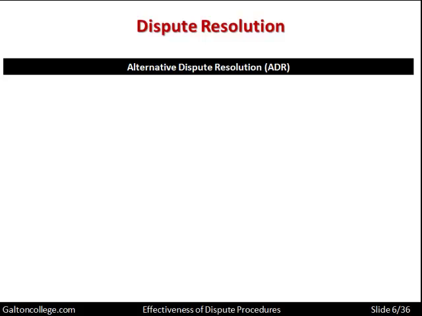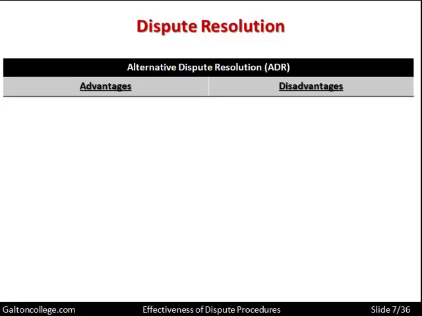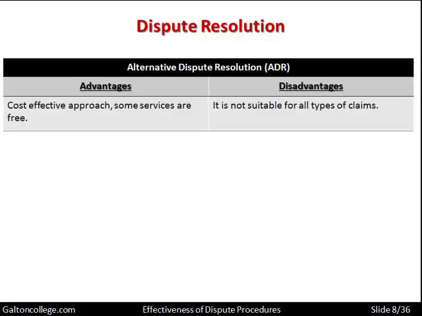Here we want to talk about alternative dispute resolution. Alternative dispute resolution means looking at different ways in which problems can be solved. Some of them are quite innovative in many respects in the context of industrial negotiations, employment negotiations. And each of them, as I said, will have advantages and disadvantages.